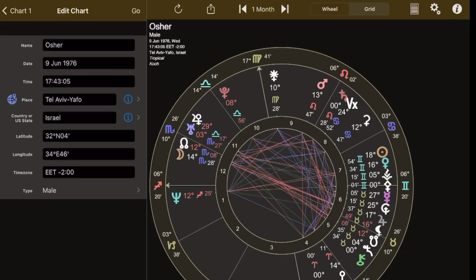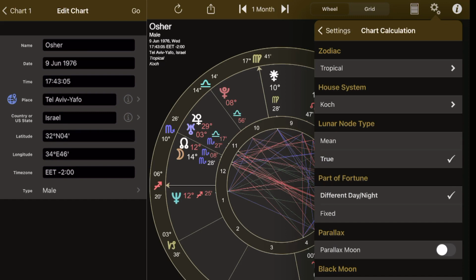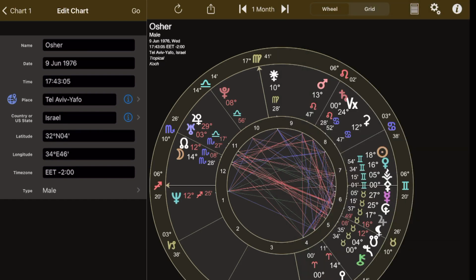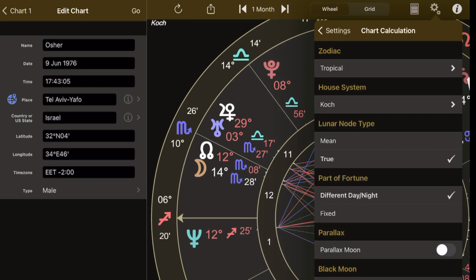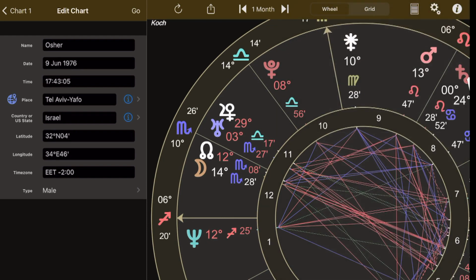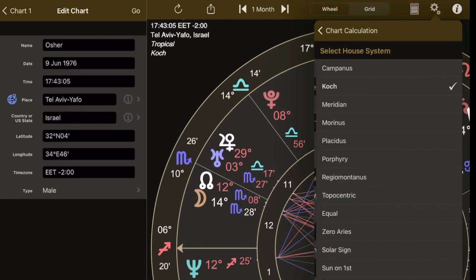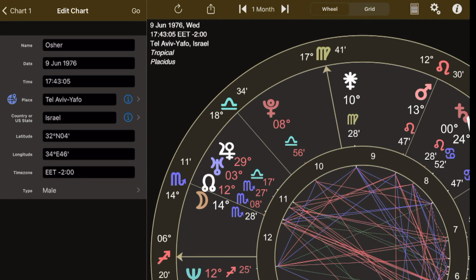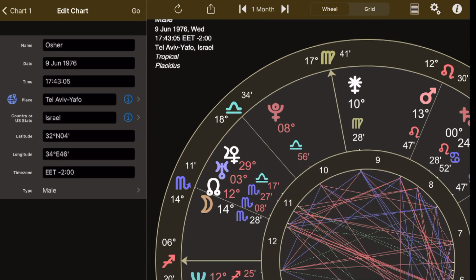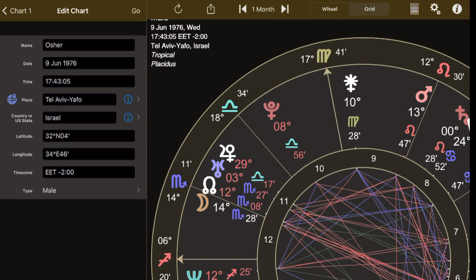I'm going to show you my chart. This is my iPad. According to my chart, when I'm using the Koch system, my north node is at 12 degrees of Scorpio, but in the 12th house. And if I switch to Placidus, you see that my north node at 12 degrees is in the 11th house, and not in the 12th house. This changes the interpretation. I'm using the Placidus